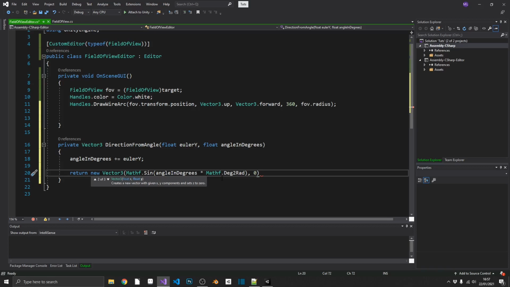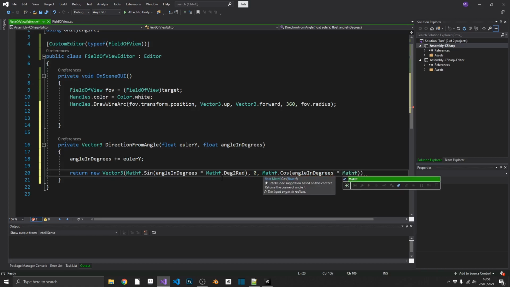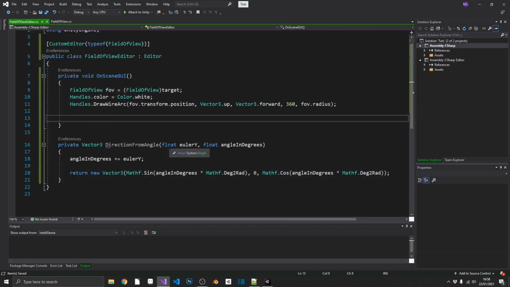Next, we'll just pass in the y as 0, and then the z is going to be Mathf.Cos, and then in here we're going to pass in angleInDegrees, again, times by Mathf.Deg2Rad. So now that we can actually get the viewing angle from our direction, we can create two